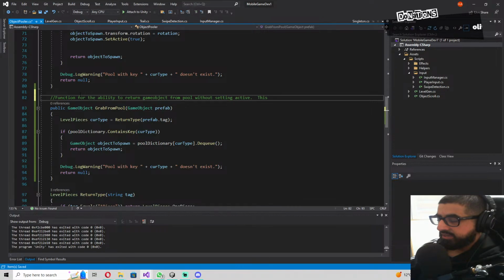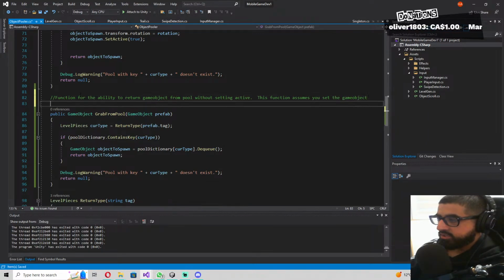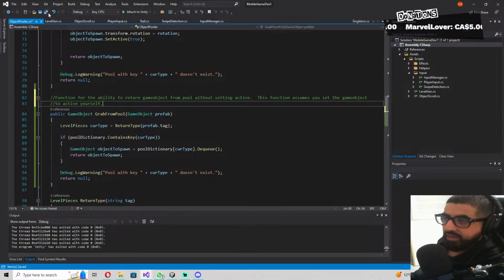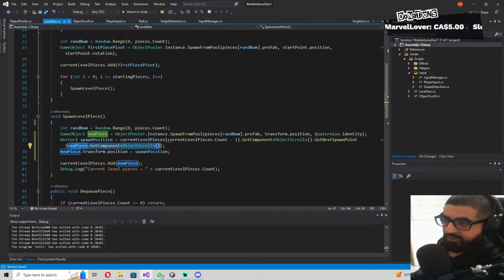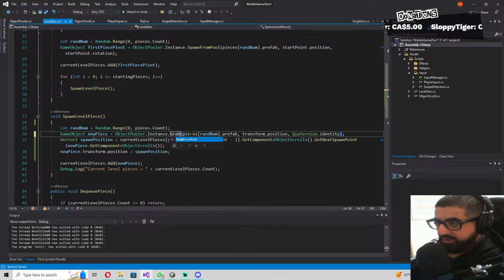This function assumes you set the game object to active yourself, right? And the reason why I'm doing it this way is because now instead of spawn from pool, we go grab from pool,